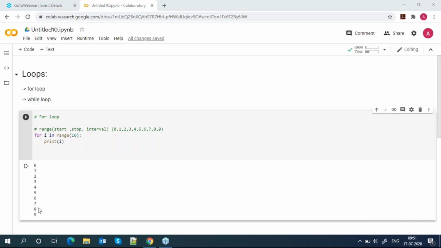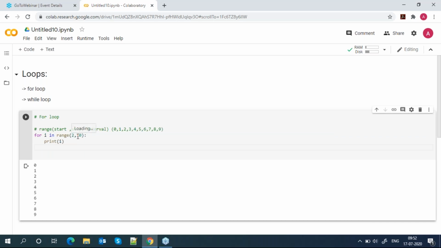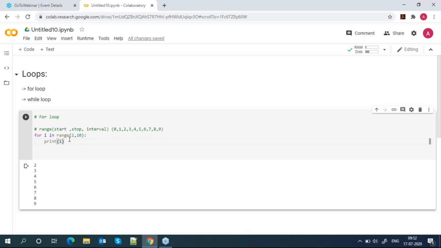Does it always start from 0? No. By default it starts from 0, but if you give the start position, suppose here I am giving the start position, my start position is 2 now, and this is my stop. So you can see that it will start from 2. So whatever value of the range I store in i, and whatever the value in i, I print it. I am going to access this memory only.